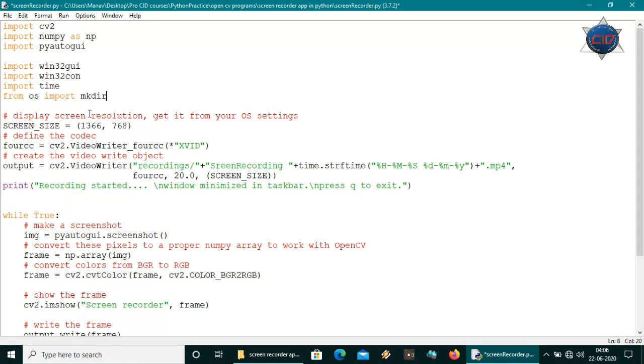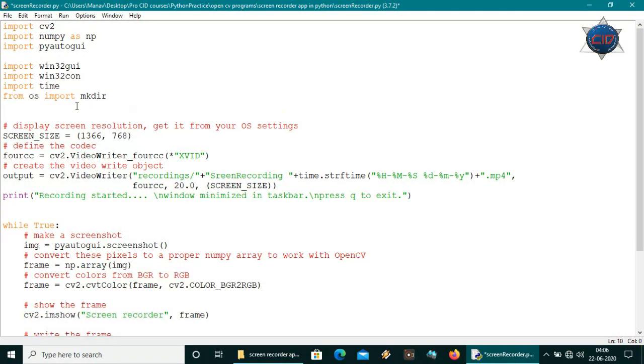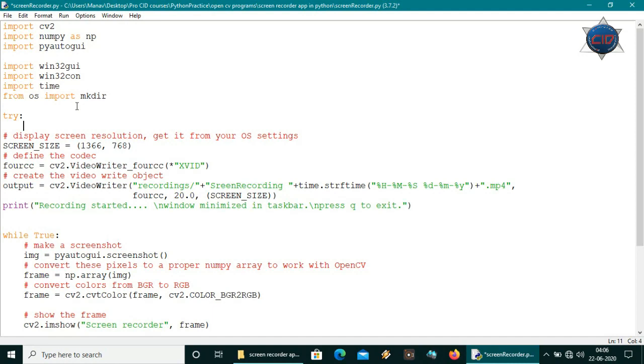Okay, so let's create the first thing, that is the directory. So we'll try that if nothing is created, then it will create the directory and the name of the directory will be recordings. Okay, be sure about the spelling of this because it will be saved in this folder. Okay, mkdir recordings.